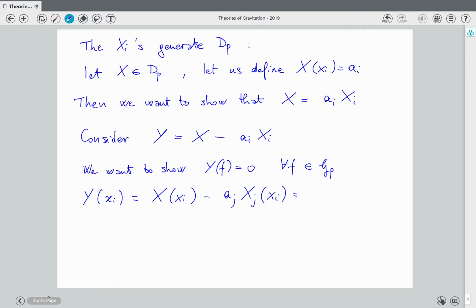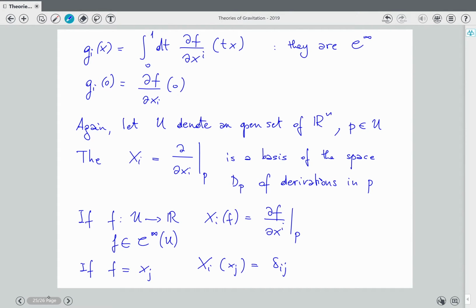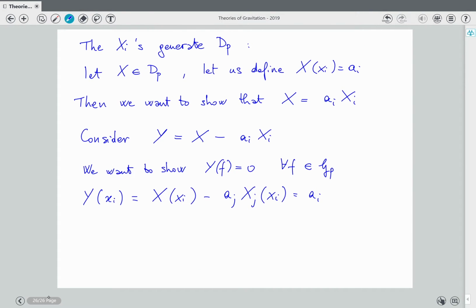Well, by definition, capital X on xi is ai, and we have shown previously that capital Xi on small xj is the delta tensor, so you have 0 in this case. And that's fine. And now we want to compute